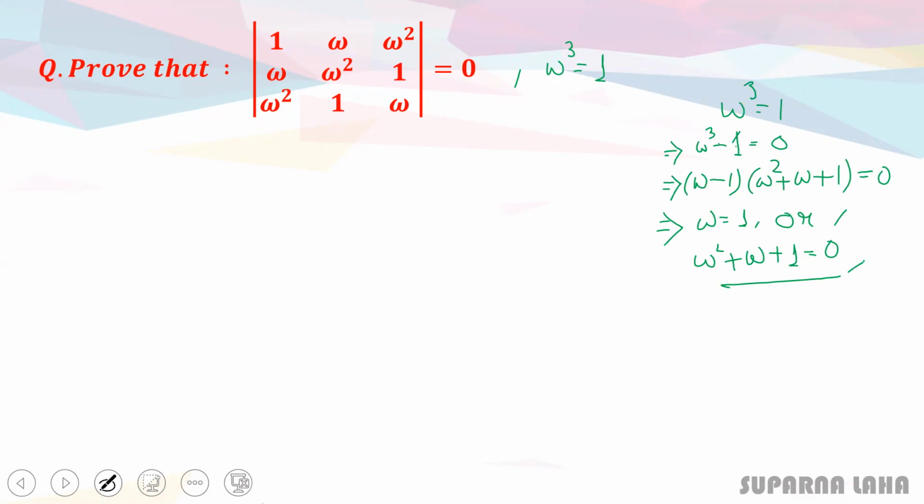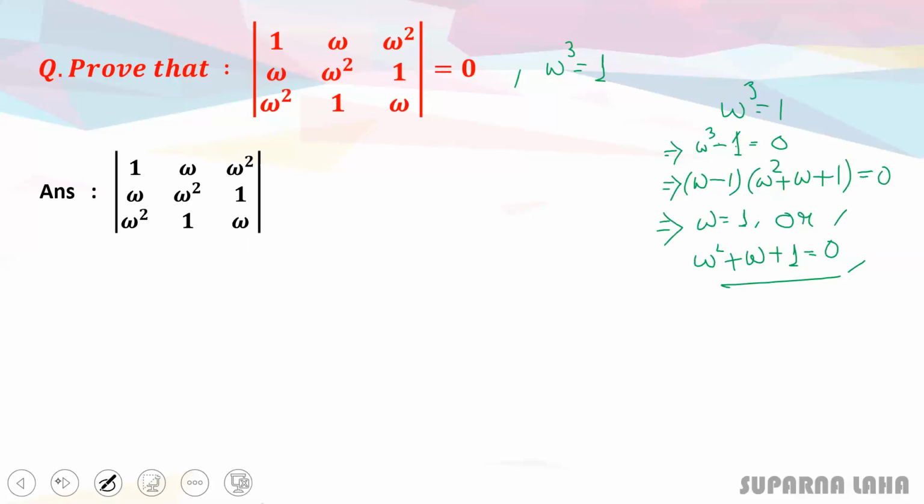Previously we found the determinant value by expanding it. But here we will find the value of this determinant without expanding. How? We will use the row or column operations that we already used for matrices. The same type of row or column operation we will use here, and then we will use the properties of determinants to find the value. So let's check how to find it.